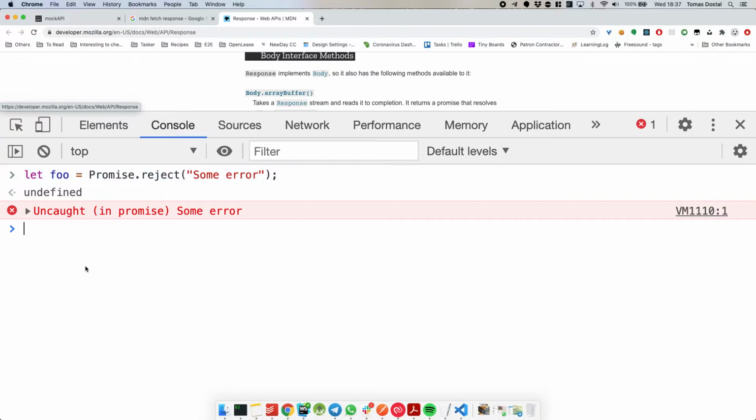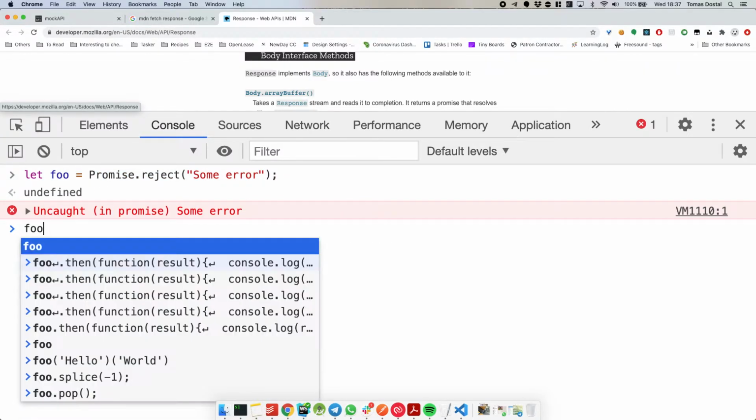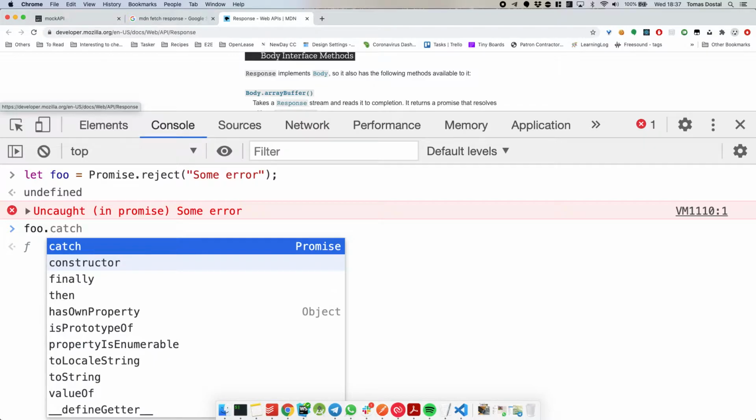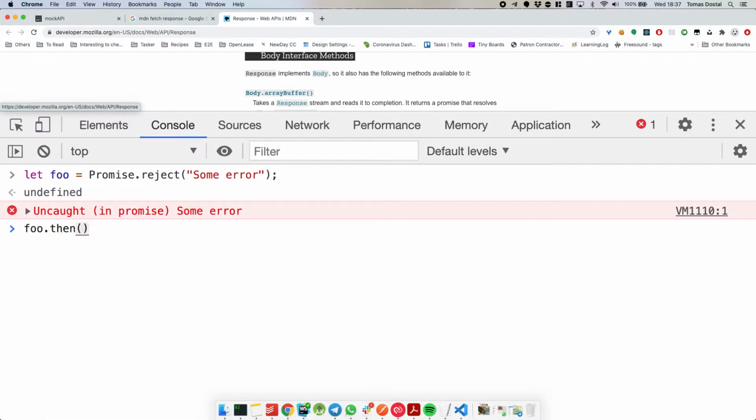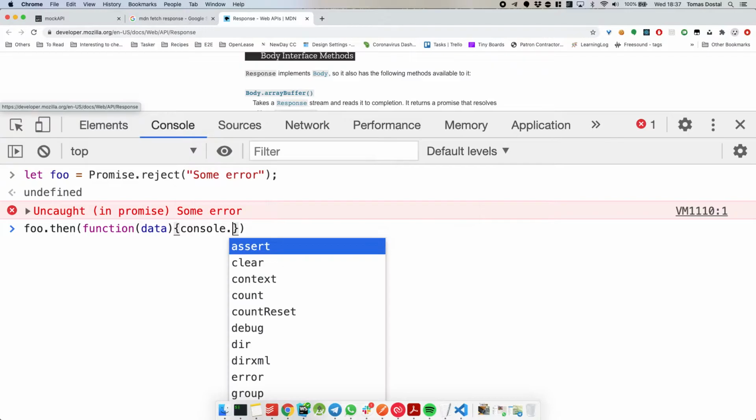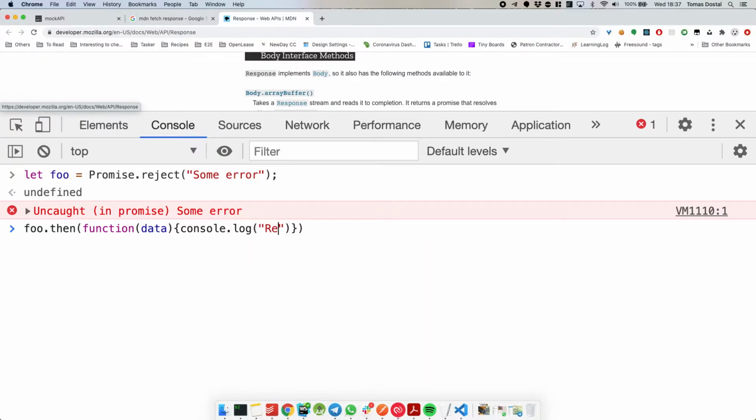So now if we do the same thing like we did before, we call the promise and we say then, so something after the promise is done, and the callback would be data, console log data. So we say resolve data. So if I execute this, what would you expect to see?